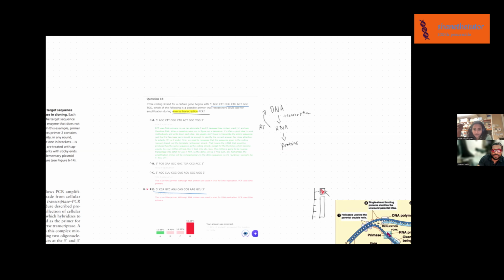Perhaps the sense you're referring to is the directionality of the newly synthesized sequence? Is that what they're referring to when they say sense? I'm still wrapping my head around why the template strand is called the antisense strand and not the sense strand. Oh, so I don't know why it's called that, but